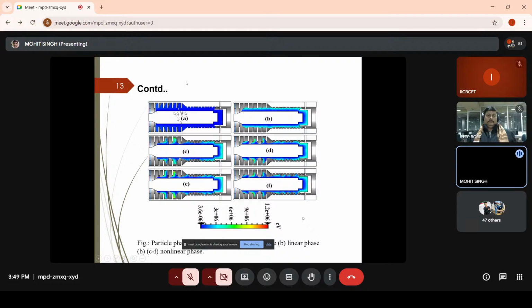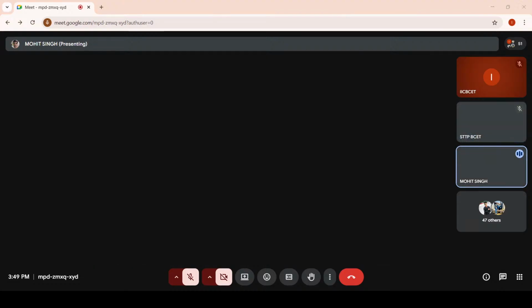Why are they reaching? Because in the starting, when we started the supply, the current was not enough to generate sufficient magnetic field to confine them. That's why the electrons, whatever emitted,